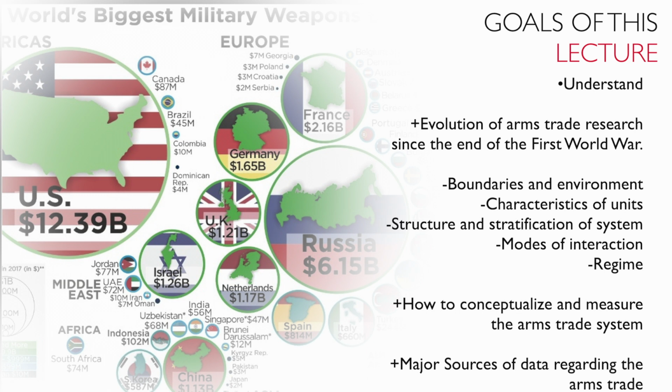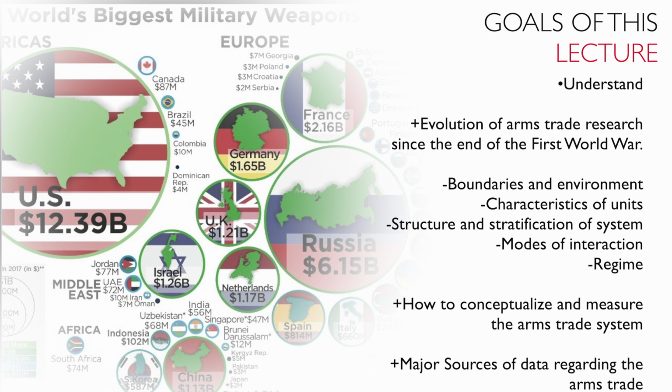In Lawrence's book, I need you to understand some important aspects of the arms trade system itself, such as the boundaries and environment, the characteristics of units or primary actors within the system, structure and stratification of the arms trade system at any given point in time, the modes of interaction that are present in some of the primary arms trade system phases, and then the types of regime behavior that's going on within a particular arms trade